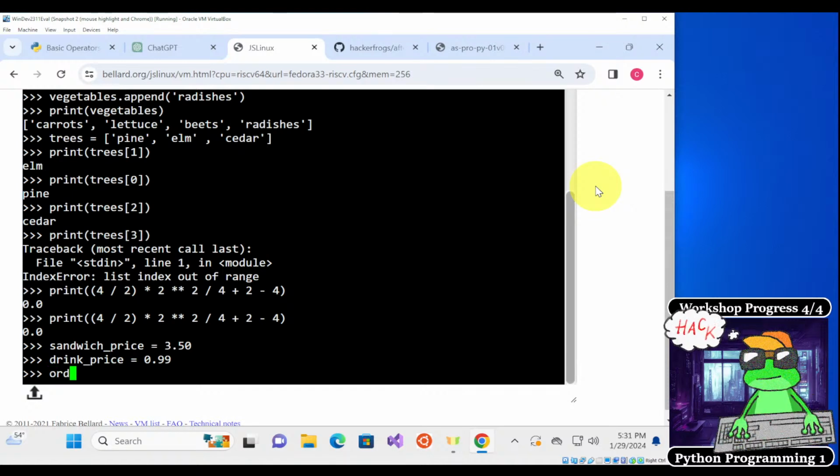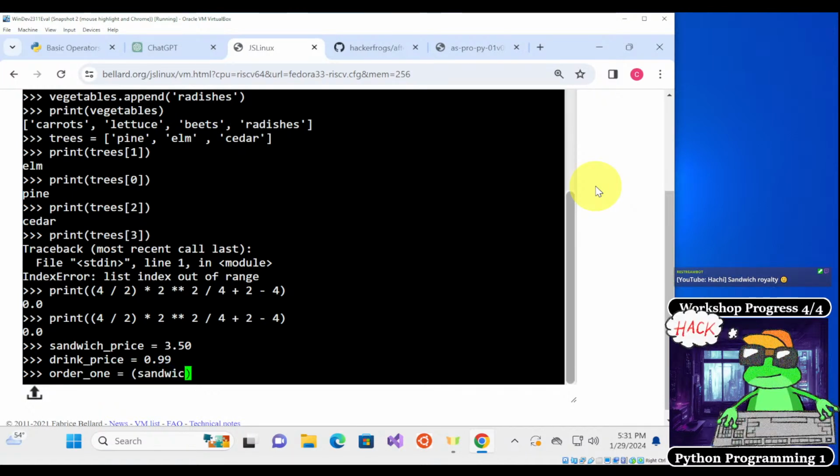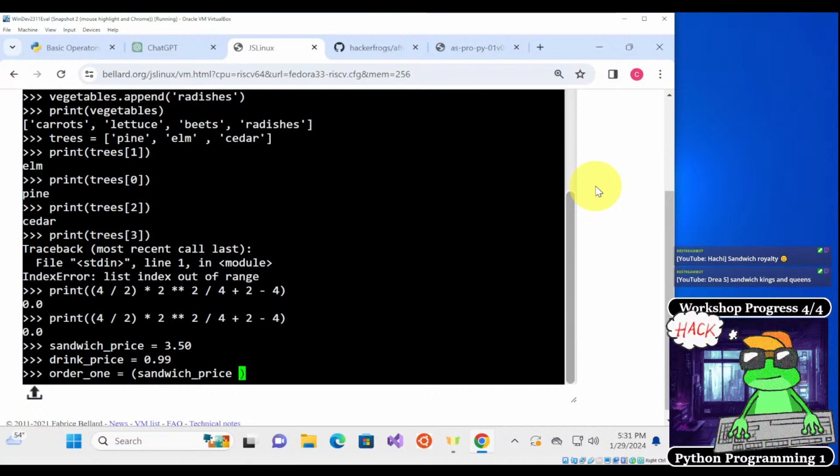Okay, so sandwich price is this, and drink price is this. And then order 1 is going to be sandwich price times 3 plus drink price.